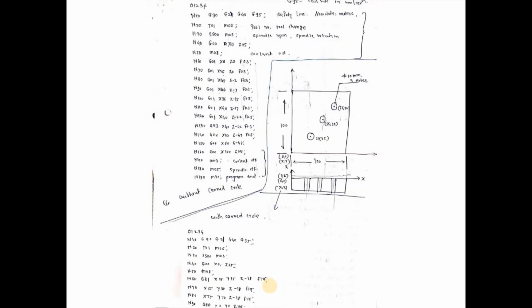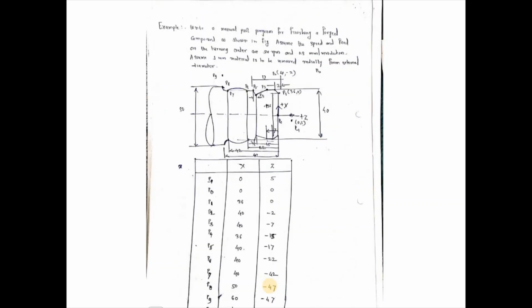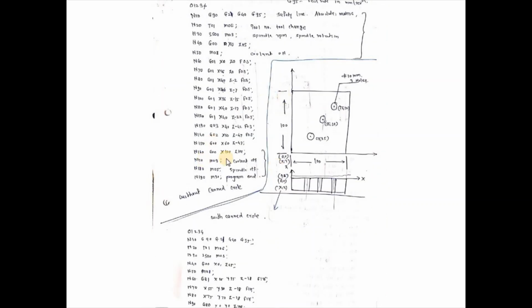Now you can see this program we are going to solve first without the canned cycle, meaning G81. We go for only cutter compensation. Now you can see this problem, this figure. We can use the canned cycle, and you can see the program is completed with a minimum number of blocks. For this figure we are using the canned cycle, and within 8 to 10 lines we finish our program. This is the use of the canned cycle.